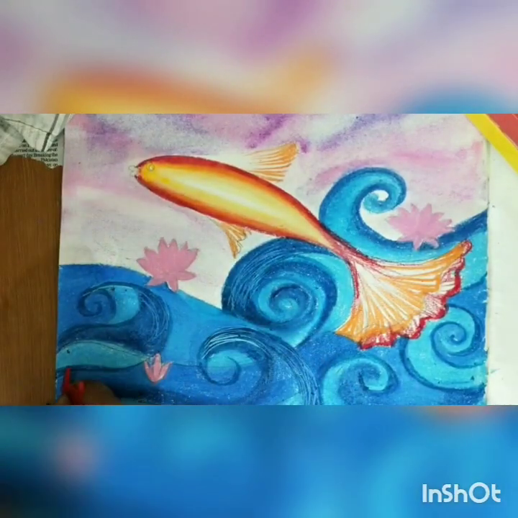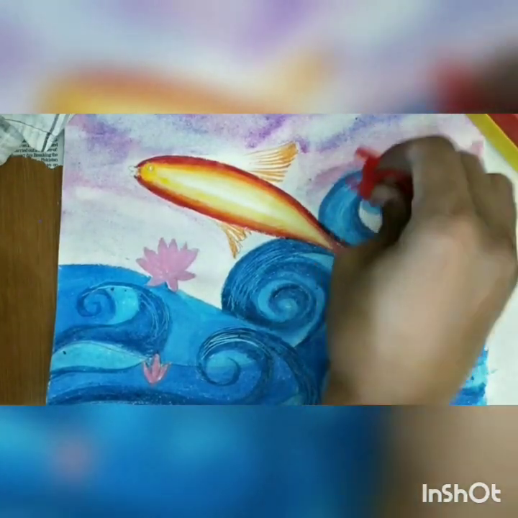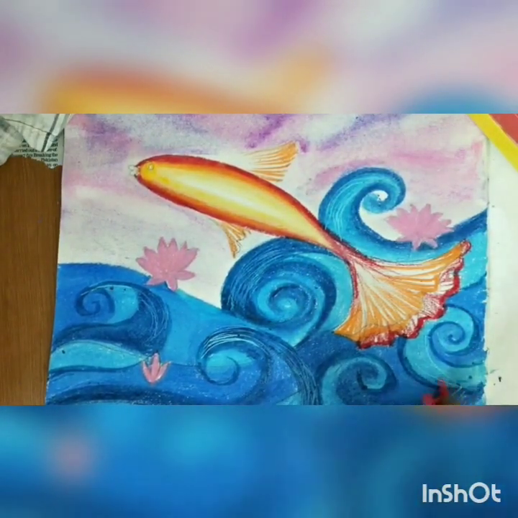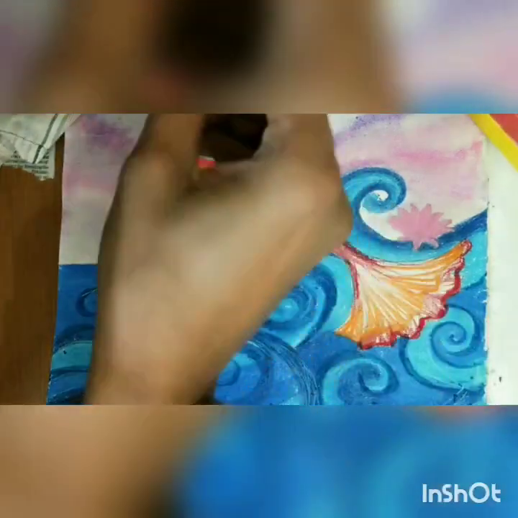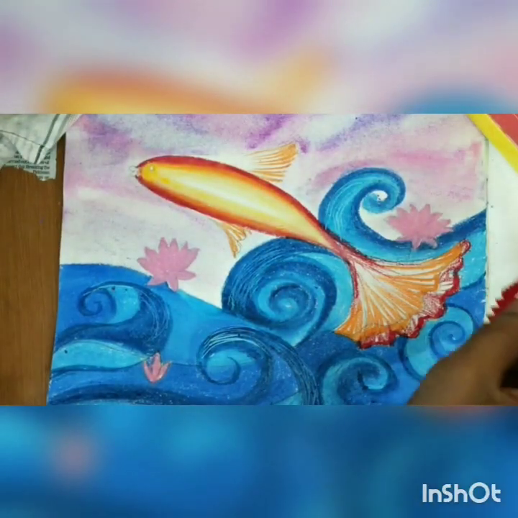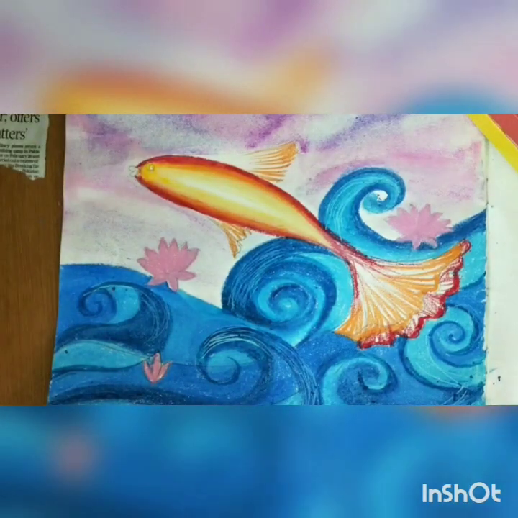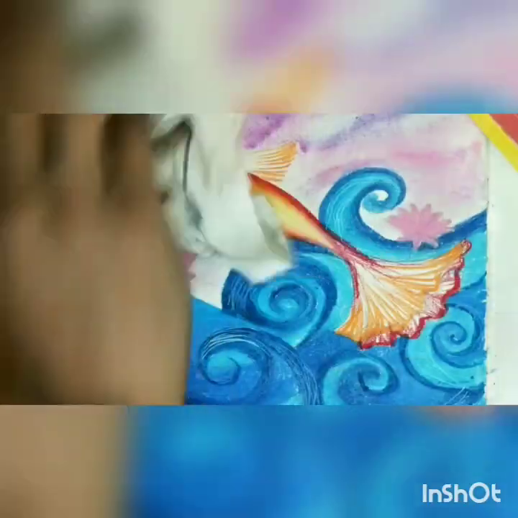The texture is more effective for the waves. See, after that, the color particles are here. I'm only cleaning lightly with this fabric.